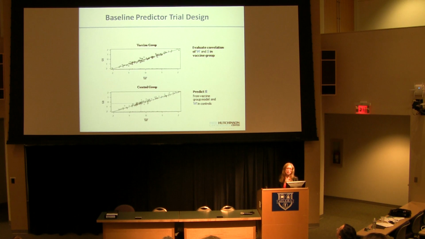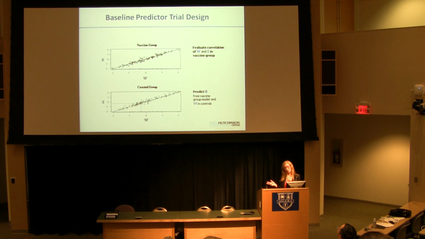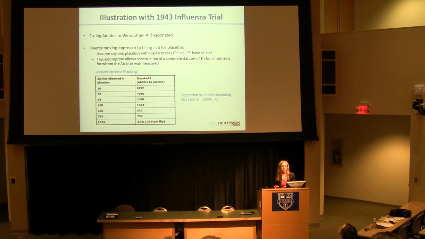And so this is just a brief picture. At the top, we have the vaccine group, where we've measured, say, the response to hepatitis B, and S, which is the S that we're really interested in the vaccine group. The bottom is a control group, and there's a W that we've measured on the placebo people. Based on that, we'll impute their S. I've already gone over this, you don't need to do that. And just as a sort of fun example, Peter took the